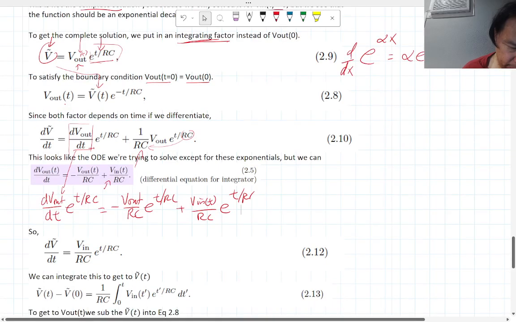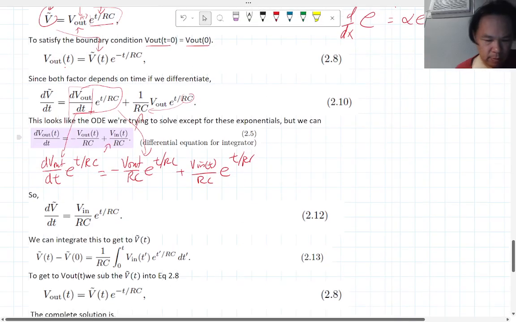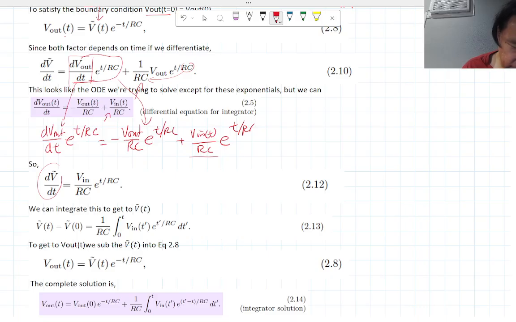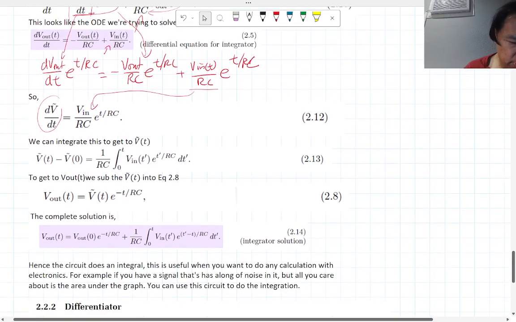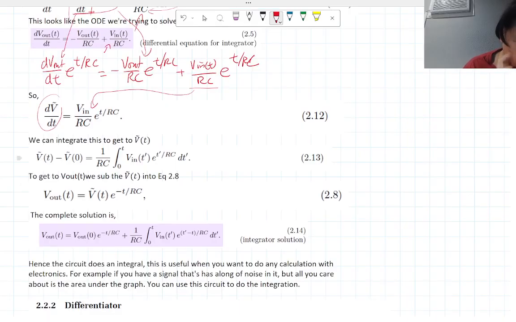Okay, so basically this term here is equal to this, so we're going to replace that. Okay, right, so that means dV/dt is actually going to be this V_in as a function of time over RC e to the, I keep writing the C wrong. Okay, now if we integrate both sides once again, we're going to evaluate it from t equals 0 to t equals t,